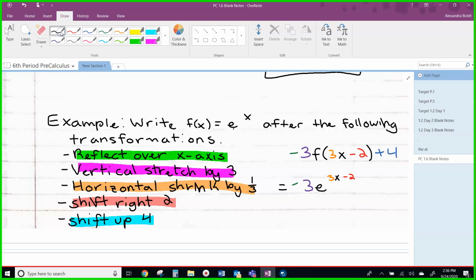And if you want, for exponential, you don't really need parentheses, but if it helps you to know that whole piece is in your exponent, that's fine. And then +4